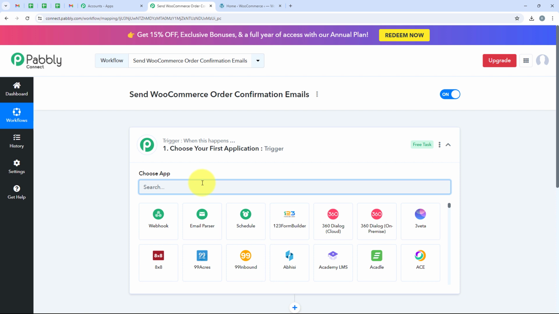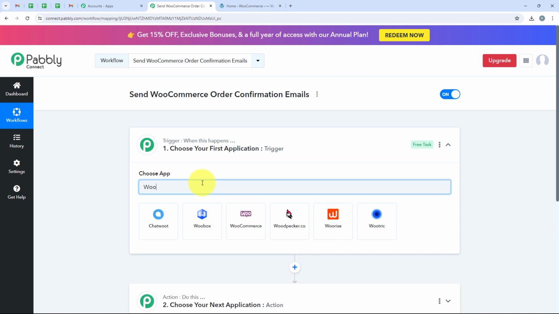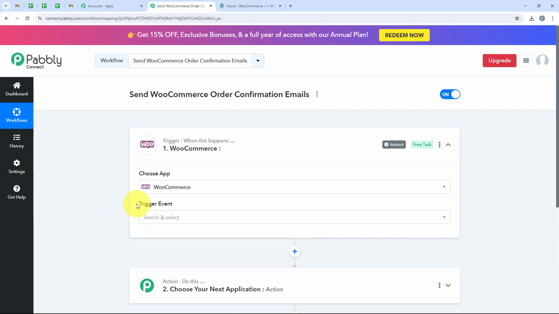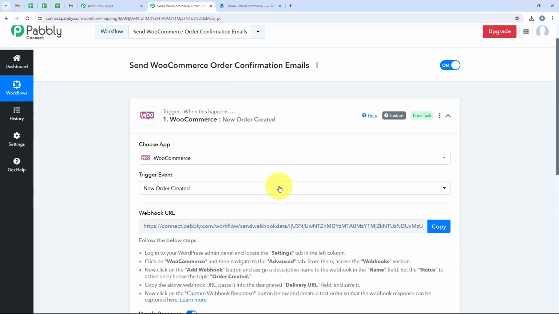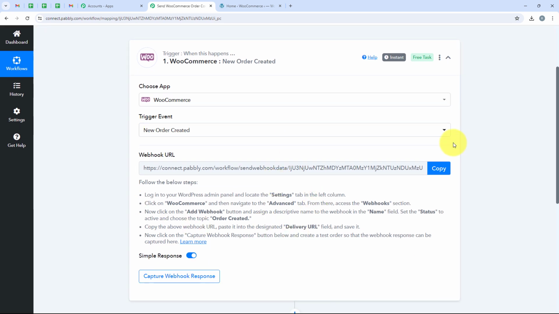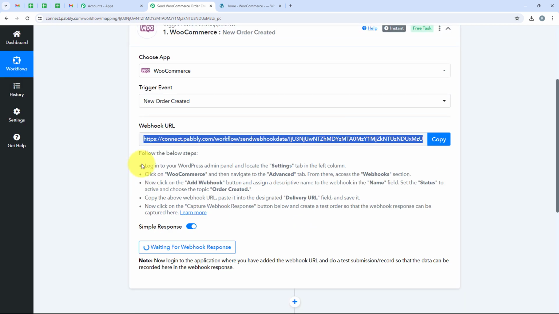So now we are going to select our trigger application which is WooCommerce because I want that as soon as a new order is placed in my WooCommerce account, automatically my workflow should be triggered. So I'm going to search for WooCommerce and select it. And now for the trigger event, we are going to select new order created. And now it is giving me a webhook URL. So we are going to use this URL in order to create a connection between our WooCommerce account and our Pabbly's workflow. So first I'm going to copy this URL and then we are going to read the help desk,